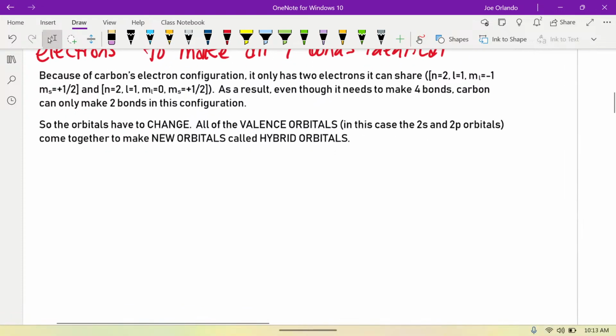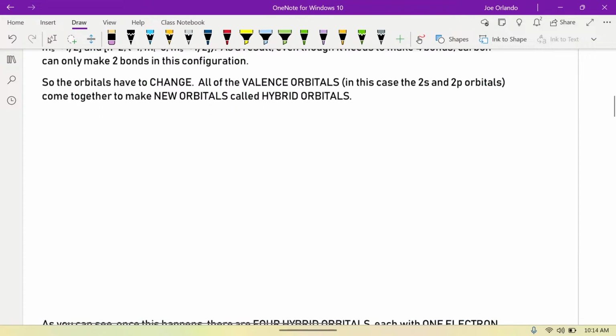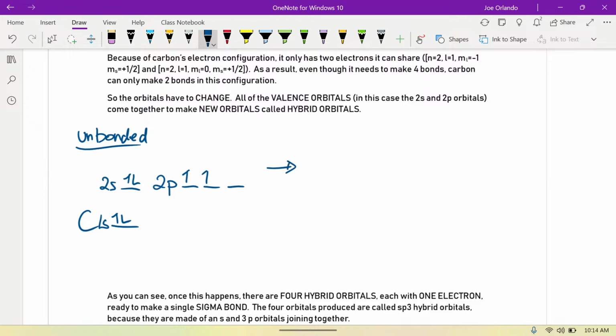So let's take a look. In this, there's a big thing going on here. It's just what we just talked about. What happens is this. Carbon in its unbonded state. In its unbonded state, carbon has a 1s orbital that's full, right? It has a 2s orbital that's full, and it has a 2p orbital that has 2 electrons in it. And then in its hybrid state,